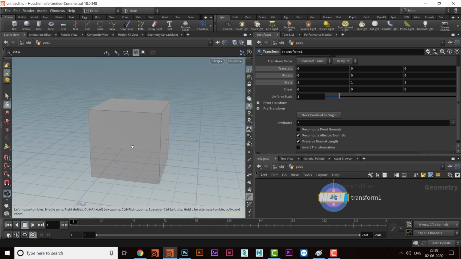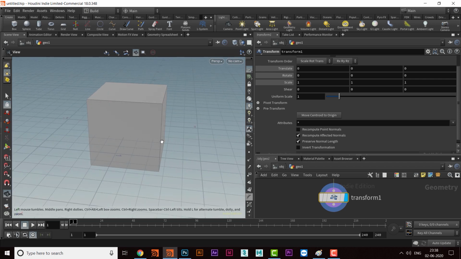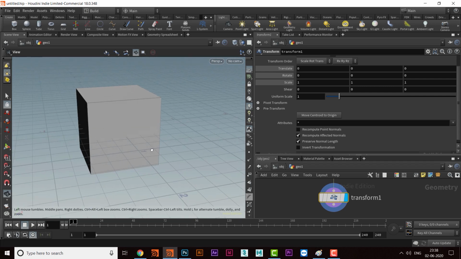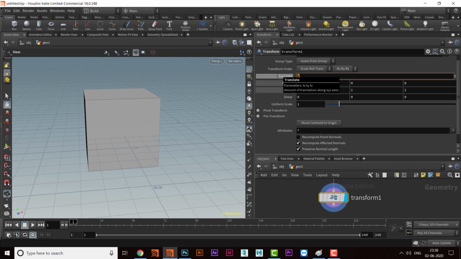This is the maximum value of x, this is the minimum value of x. I just want to give this value. So I will go to translate and write down dollar x max, all capital, and enter.